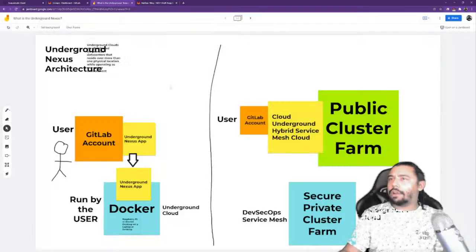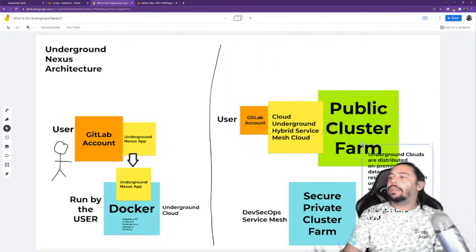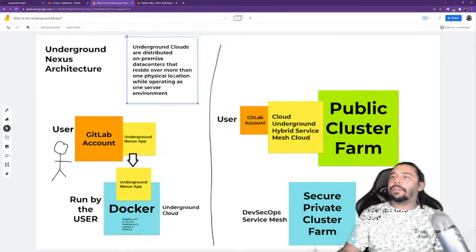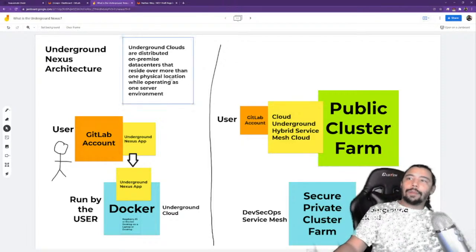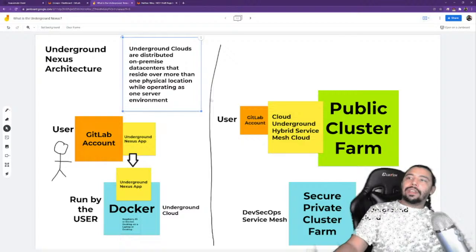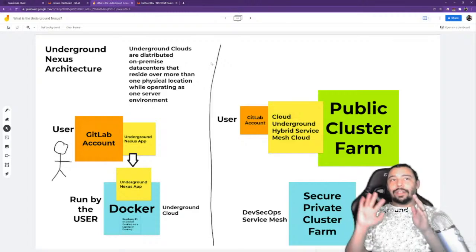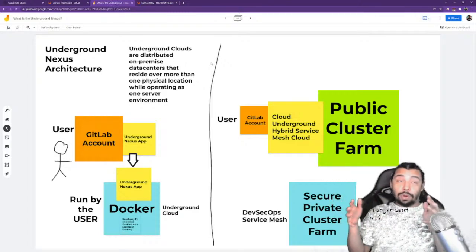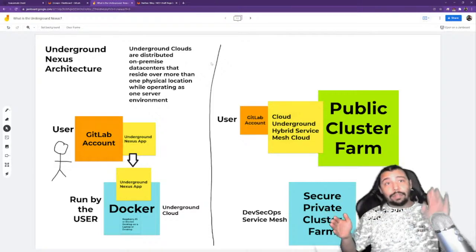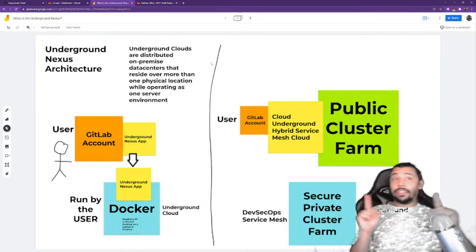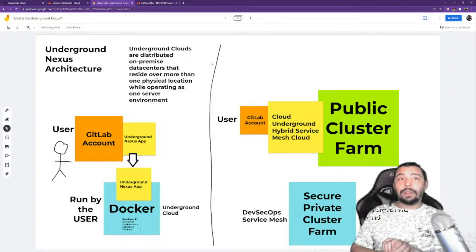Okay, so I'll outline what an underground cloud is in concept. If you learn cloud by building underground cloud options or start projects, what this means is that wherever you start, you can scale in any direction. You can scale into public cloud, you can scale into more physical locations. We do both. We scale to multiple physical locations and to public cloud. You could do one or the other. You can run a whole business on either format.